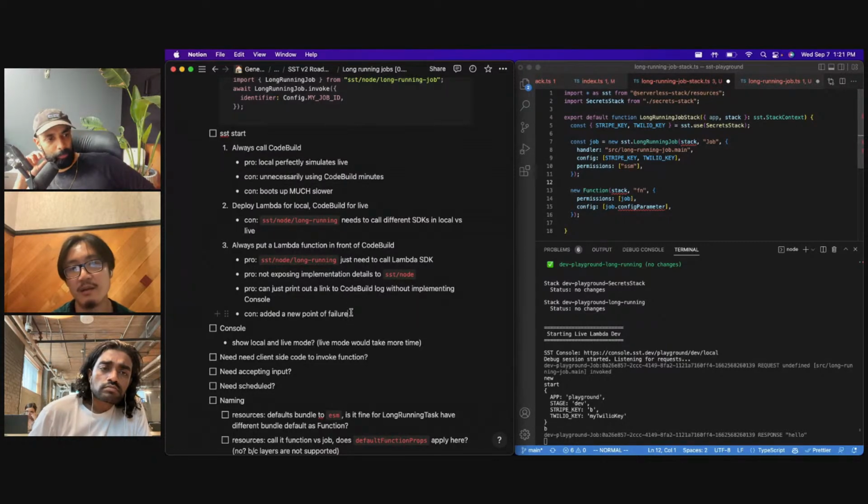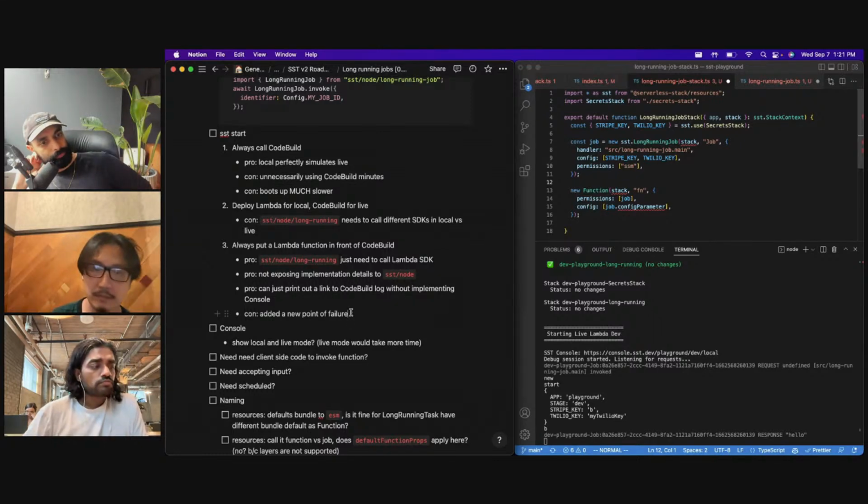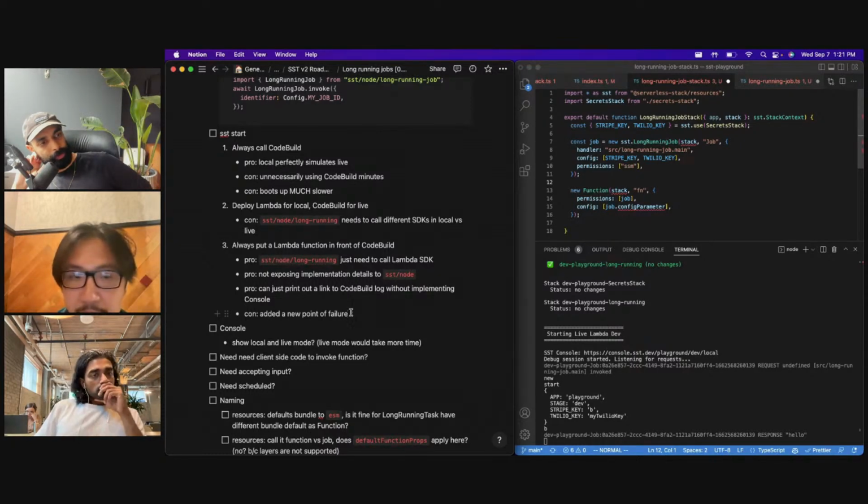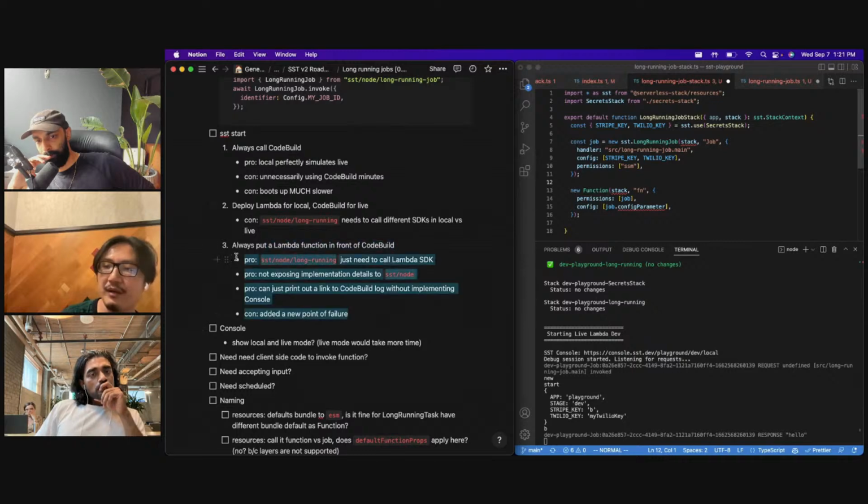Can 3 be implemented with that God function we have? No, I kind of want to restrict that God function to only handle custom resources. There's no reason, but I was thinking, yeah. Plus, I think for 3,